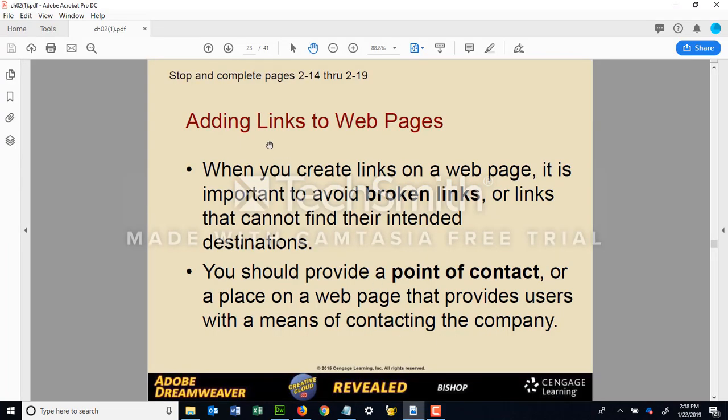Add links to web pages, lesson 3. When you create links on a web page, just make sure that you don't have any broken links. So it's important that you always test out your links, especially if you're linking to external websites. You should also provide a point of contact on a web page. You don't have to put your email address on there, and I highly suggest that you don't have something like